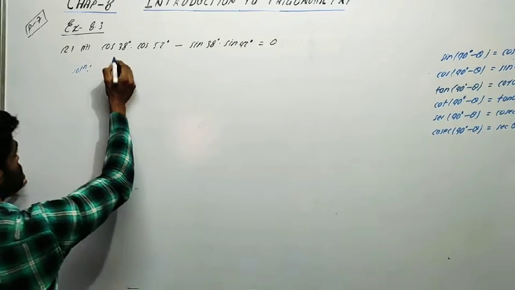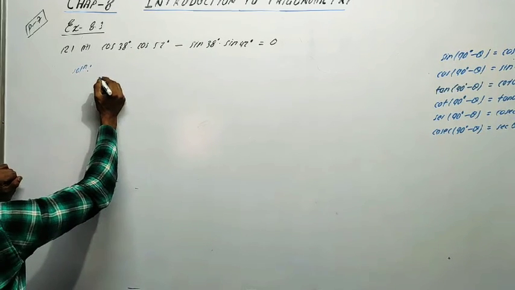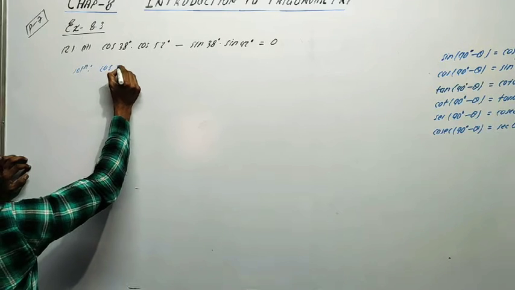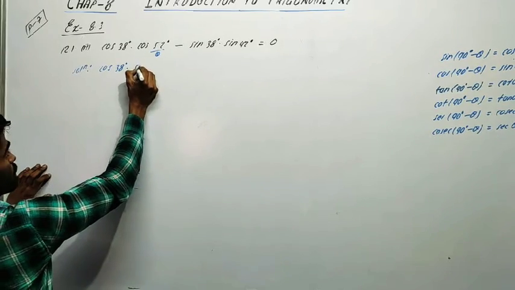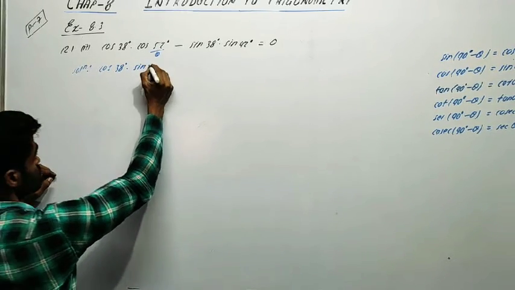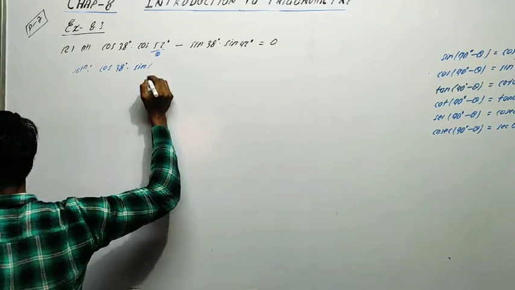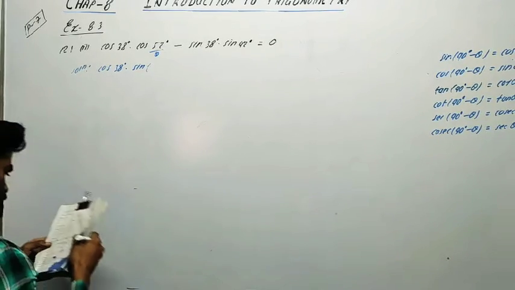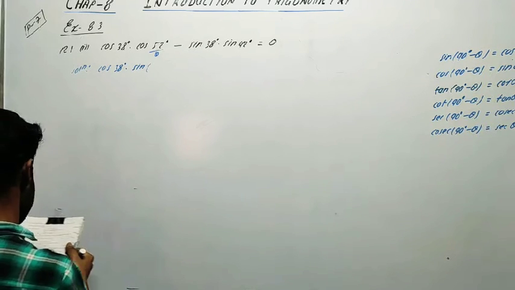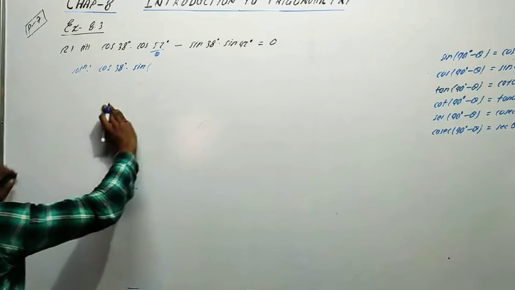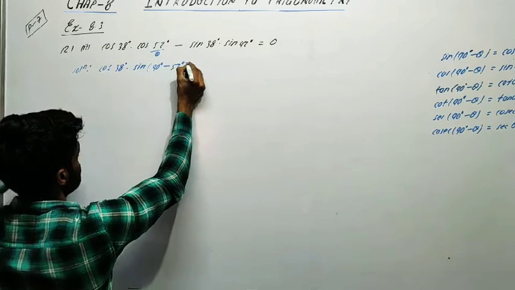Here in LHS we will convert cos in the form of sin. Any of the cos 38 degree into cos theta is equals to sin. Let me check the question. Cos 38 degree into cos 52 degree minus sin 38 degree into sin 52 degree is equals to 0. Cos theta is equals to sin 90 degree minus theta, bracket close,